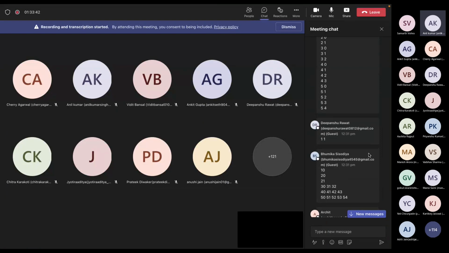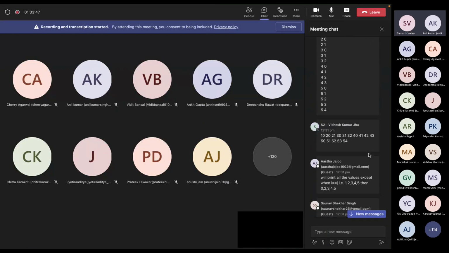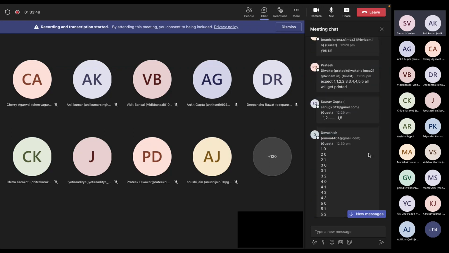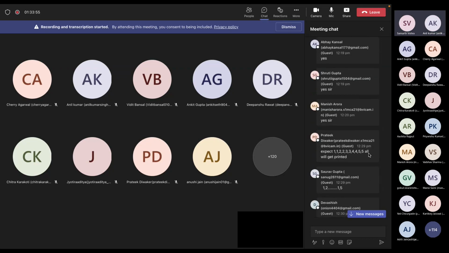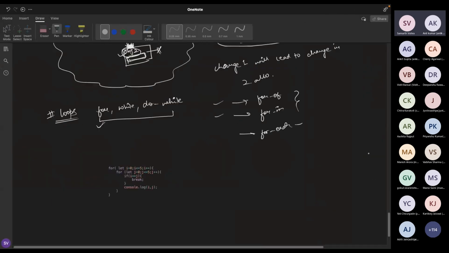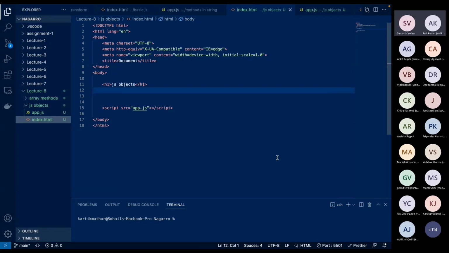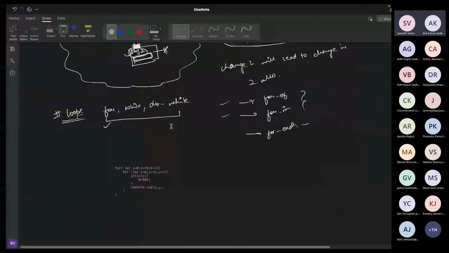Dipanshu is just saying 1-1, or maybe he would be writing in different sections, right? Most of you were right, and except 1-1-1 all will get printed. Pratik didn't make the effort to write the code. He simply said, except 1, 2, 3, 4, 5, all will get printed. But it's great. Most of you were able to do it. I don't think there is a big logic behind it. It's simply like,